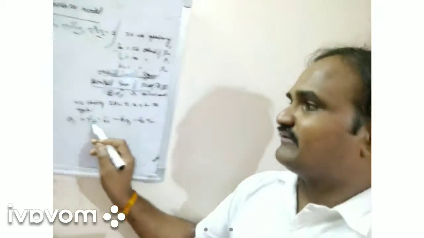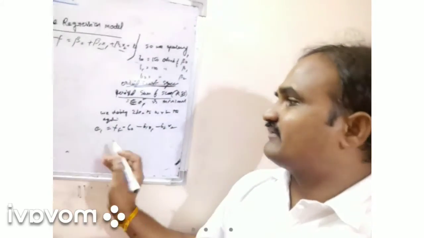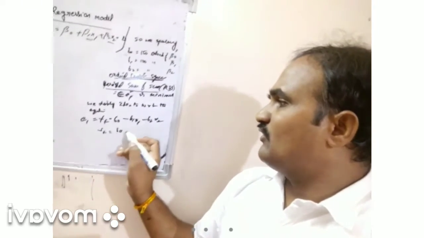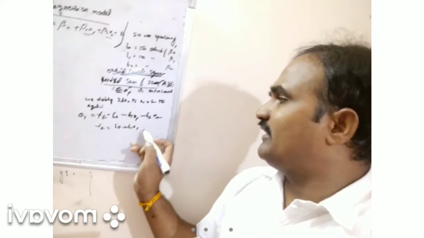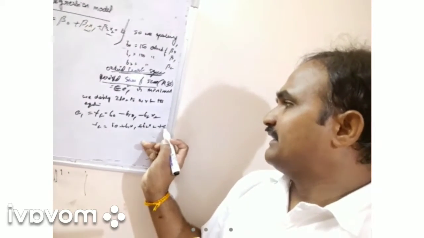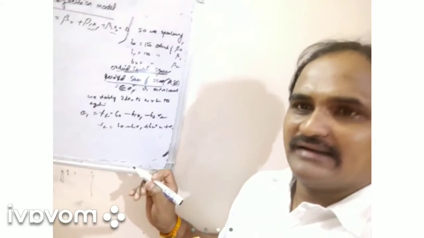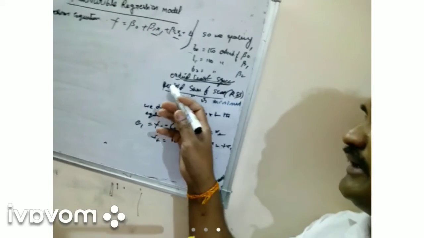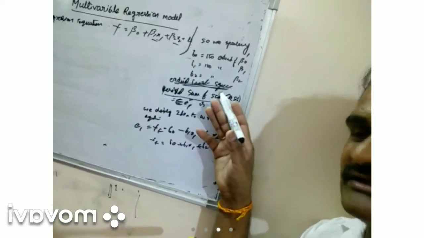How can you write this equation? Generally, what is the regression equation? So yt is equal to b0 plus b1 x1 plus b2 x2 plus the error term, right? You wanted to know the minimization of all the values. What is the minimization of all the values according to ordinary least squares? What is ordinary least squares?